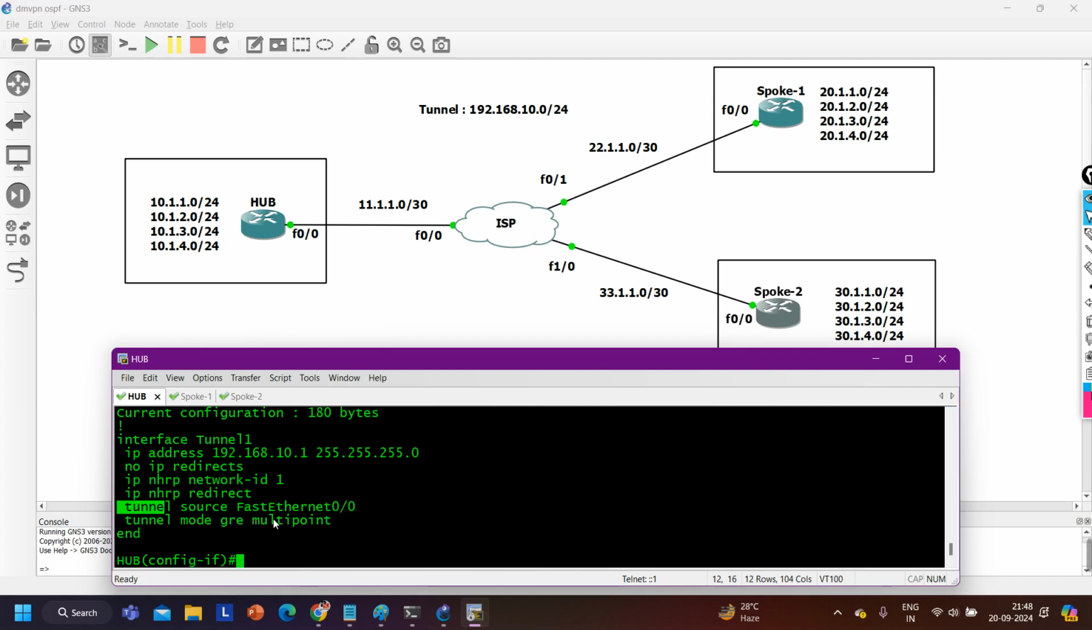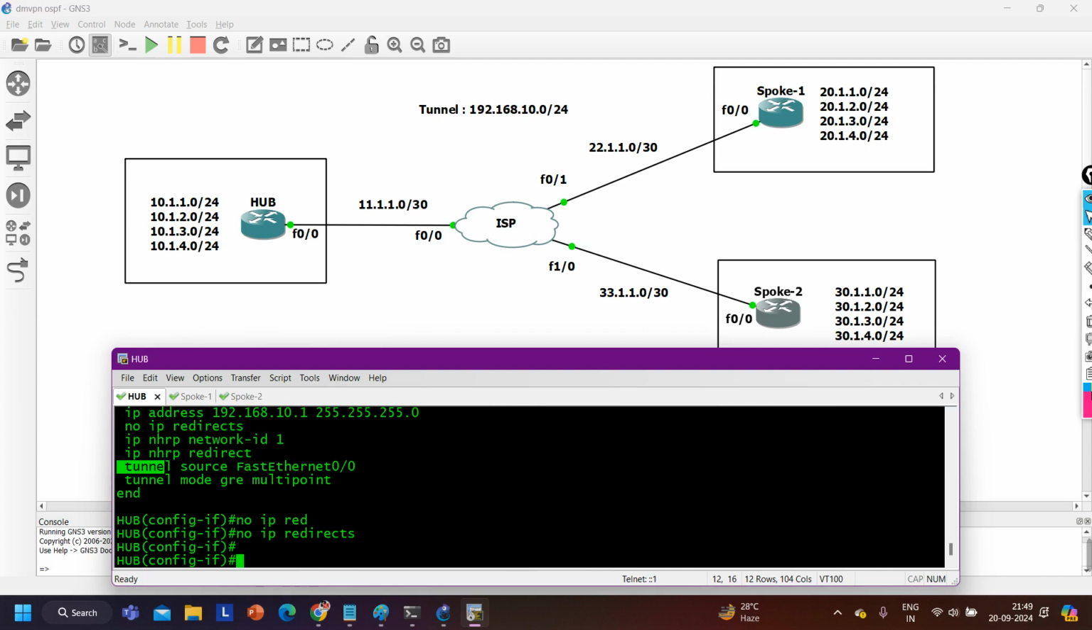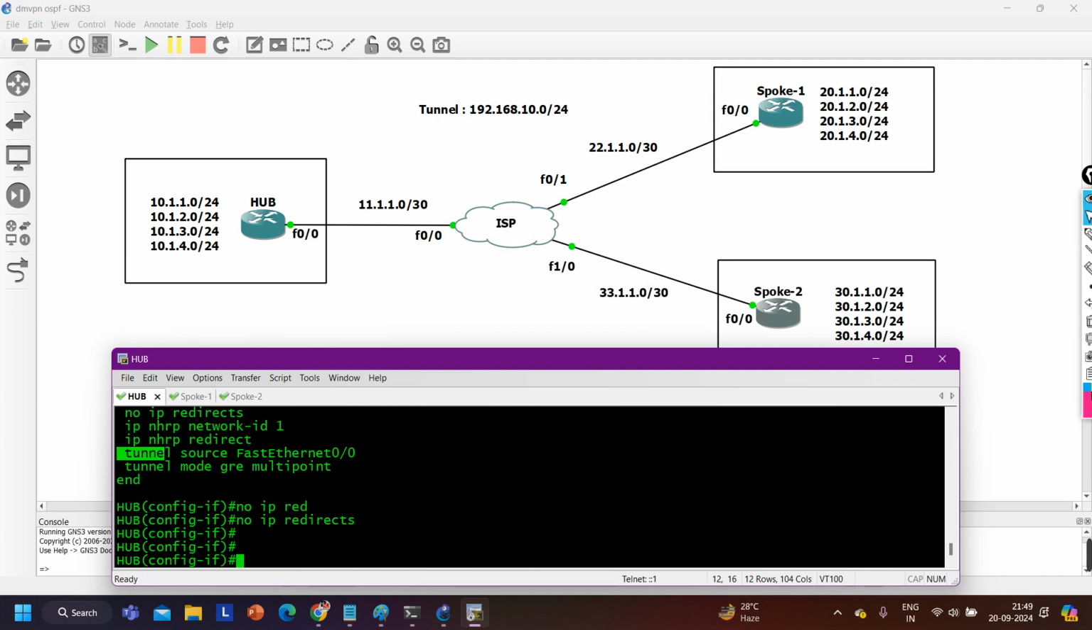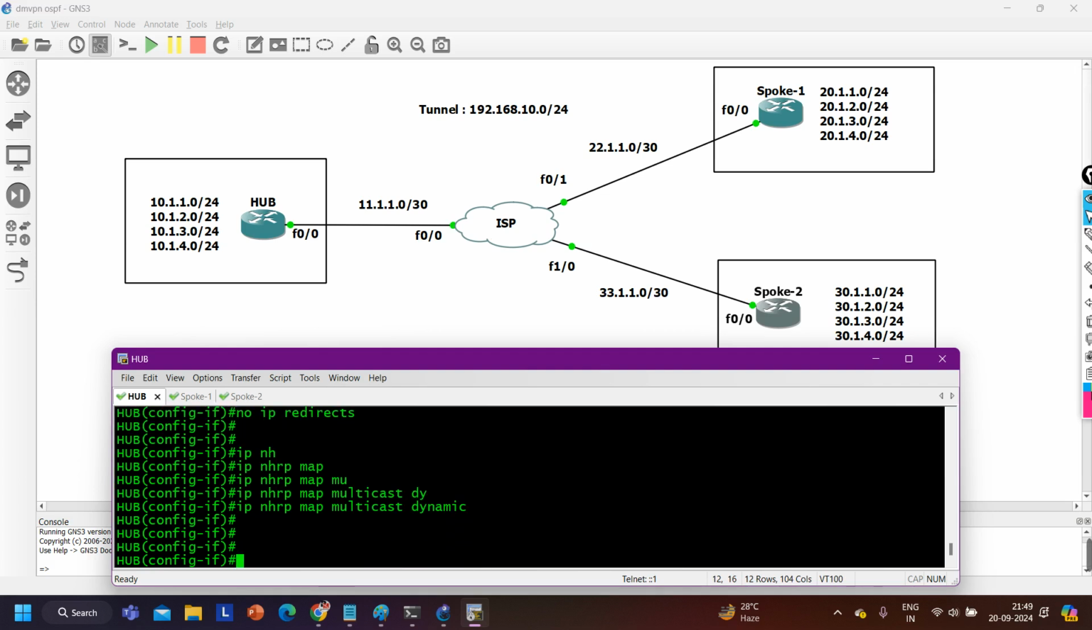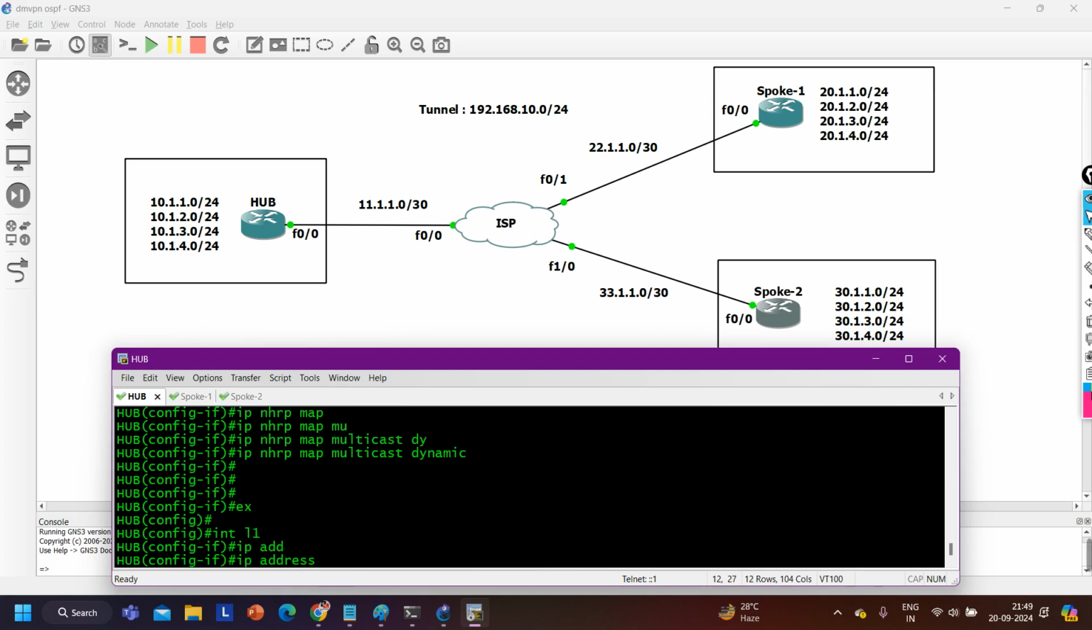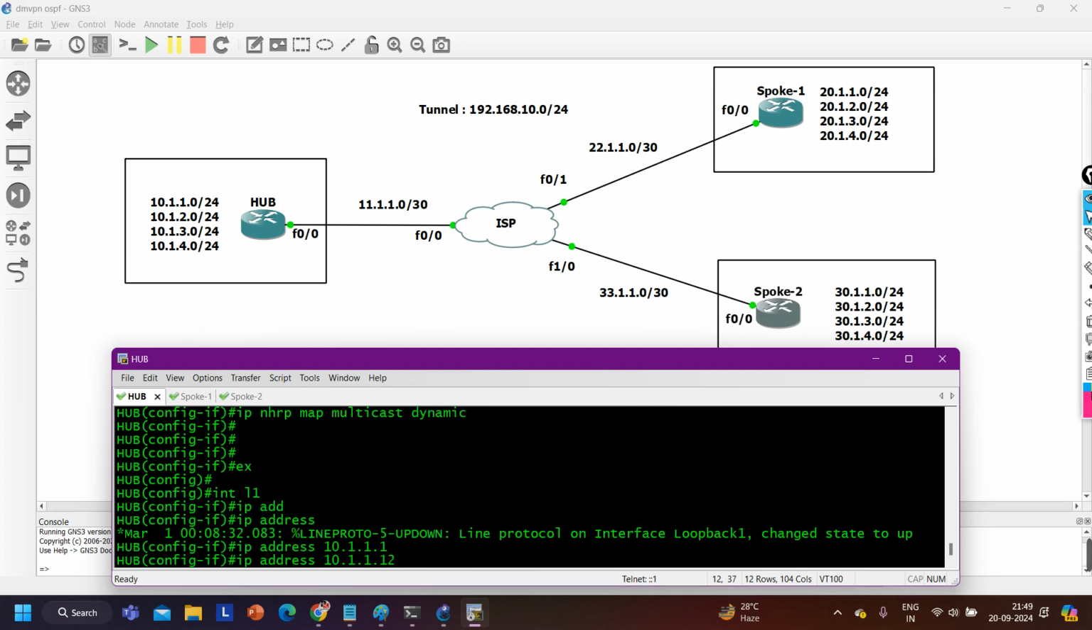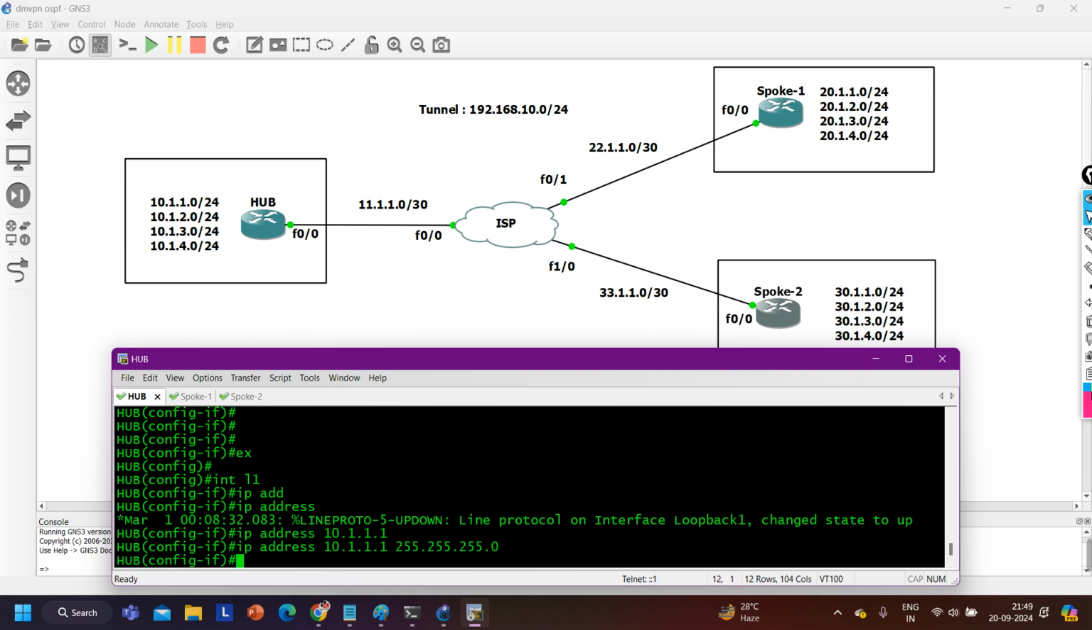Leave authentication. No IP redirect for now. IP NHRP map multicast dynamic. So first I'm going to configure phase 2. Interface loopback 1, IP address 10.1.1.1 255.255.255.0,